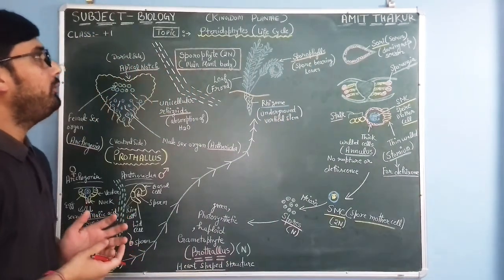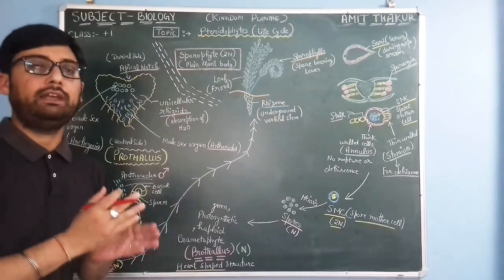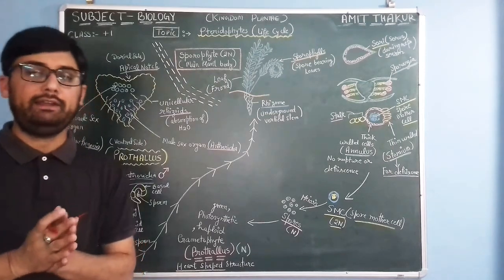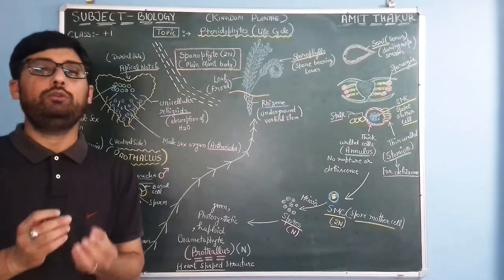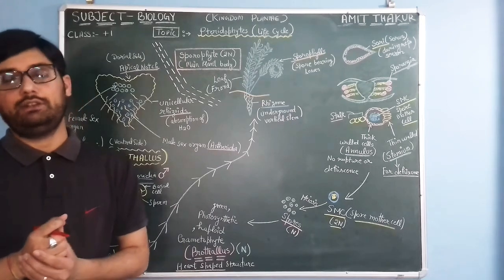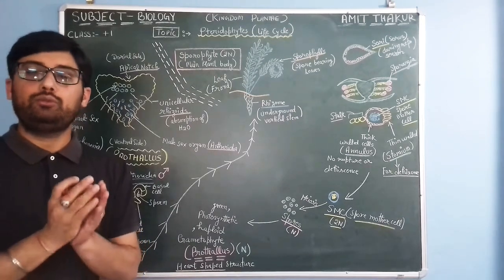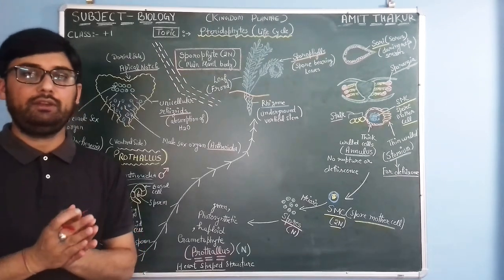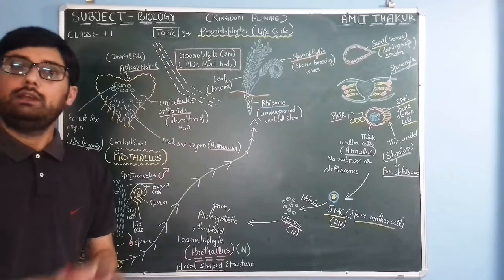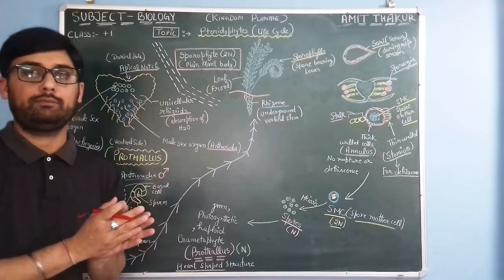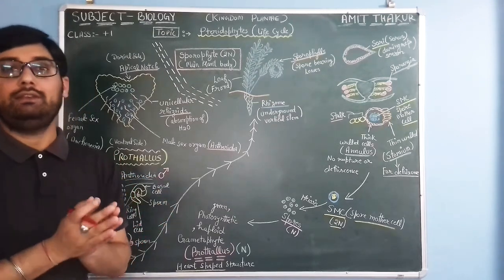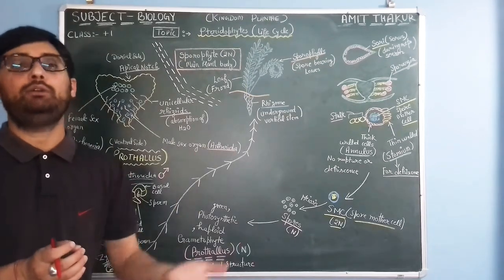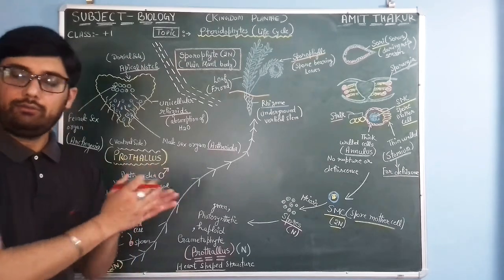Today our topic is pteridophytes, life cycle of pteridophytes. As you know, like bryophytes, pteridophytes do possess alternation of generations. That means it has two phases in the life cycle: gametophytic phase and sporophytic phase. In bryophytes, we have studied that the gametophytic phase is dominant and the sporophytic phase is dependent on the gametophytic phase. Okay, in case of bryophytes.